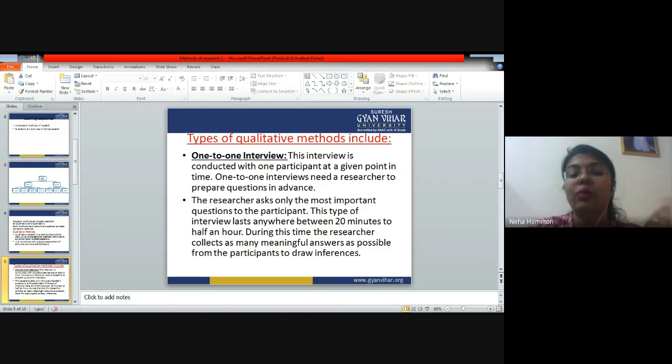So we try to quantify it. We do have certain scales in research. For example, we have Likert scale, and we do have various kind of scales through which we can study these kind of methods. So the first is the interview is conducted with one participant at a given point